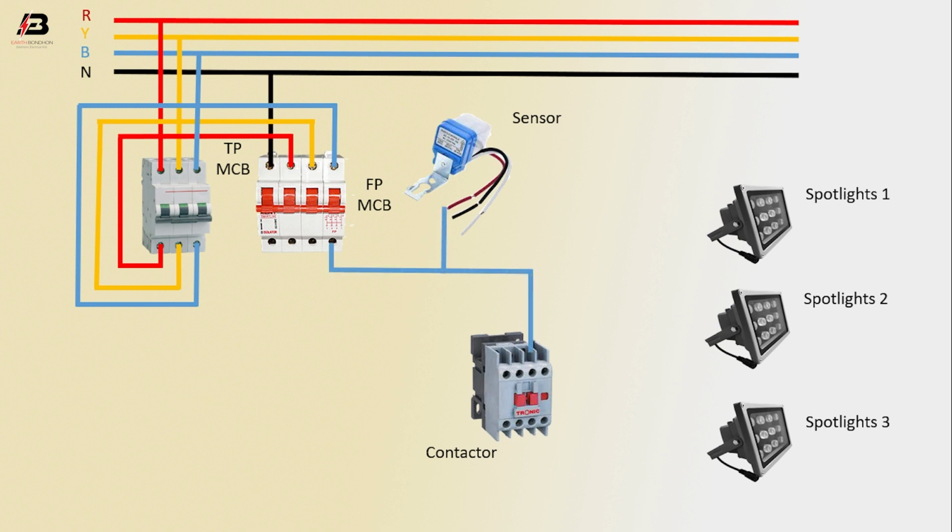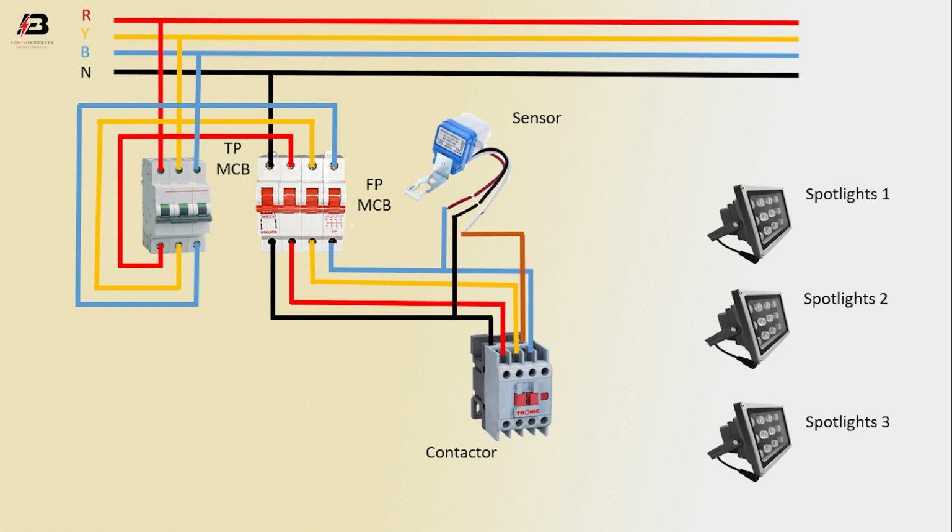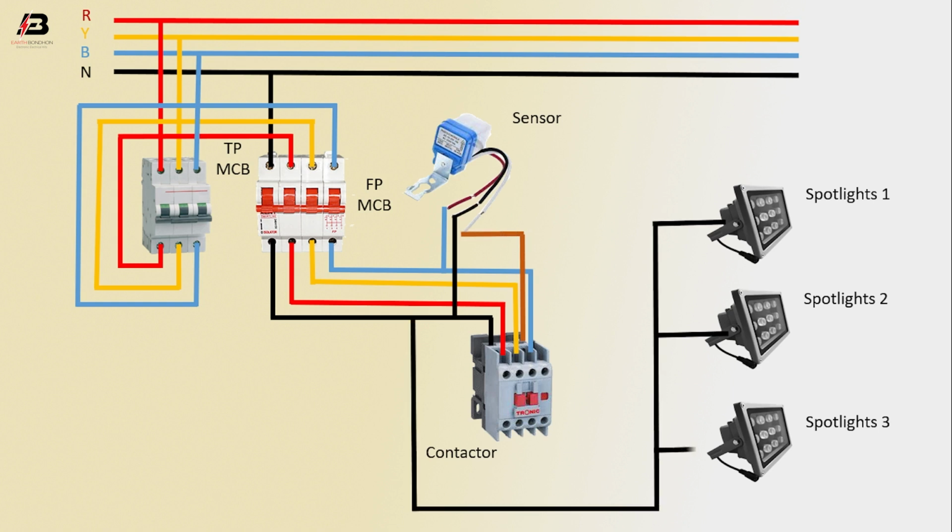FP MCB to connect sensor and contactor, second phase connection from FP MCB to connect contactor, first phase connection from FP MCB to connect contactor, neutral connection input to contactor and sensor, output connection from contactor to connect sensor, another neutral connection input to spotlight 1, 2 and 3, phase connection output from contactor to connect spotlight 3, another phase